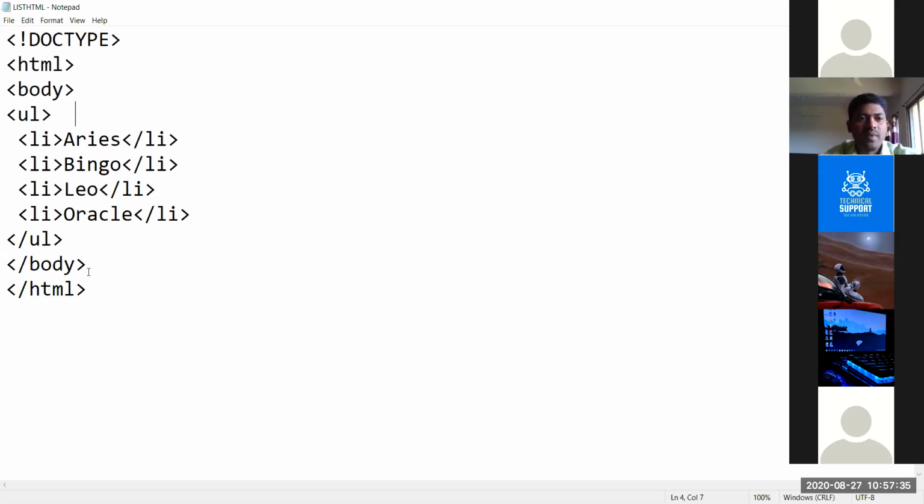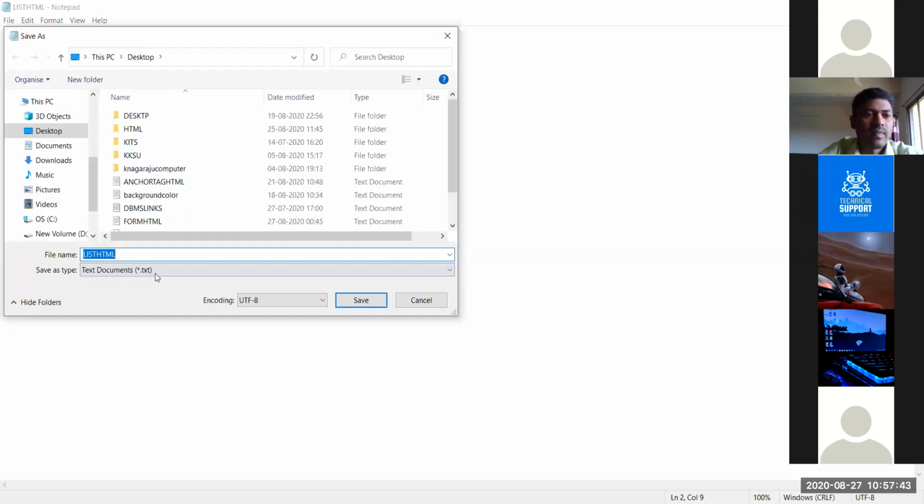Okay, so this program is written using an unordered list. Then we have to run this program. Save as file name Unorderlist dot HTML, the common extension.